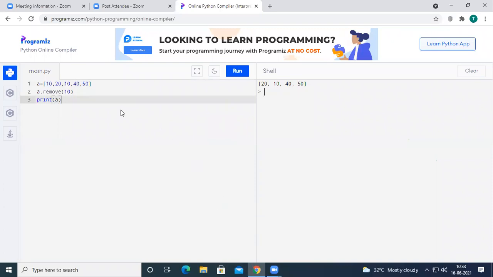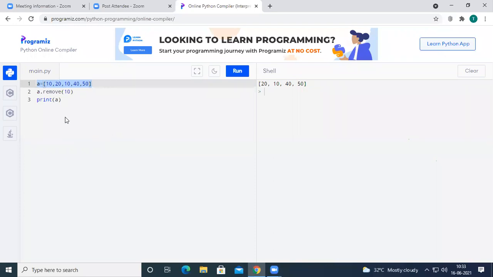Okay, and then let us see about the slice operation on list. Slice operation means getting some part of the list. For example, our list has 5 elements. If I want to get only one part of the list, then we can slice the list.